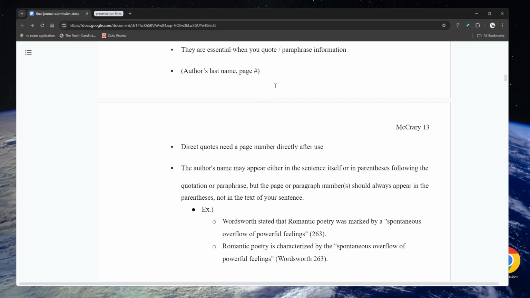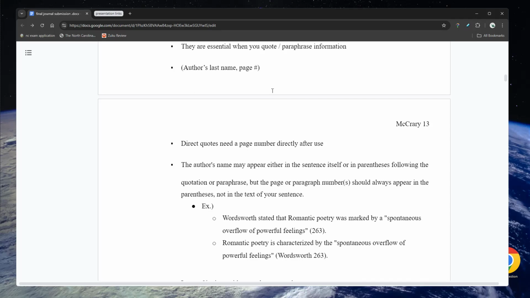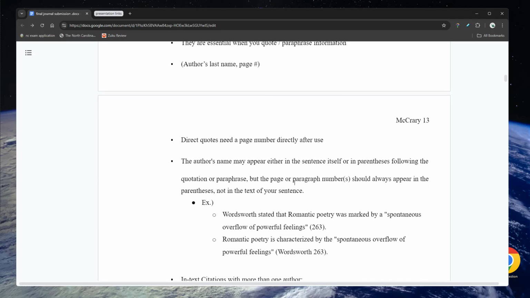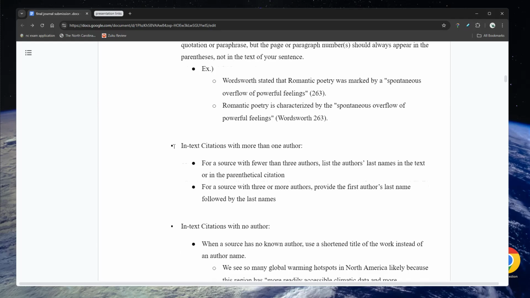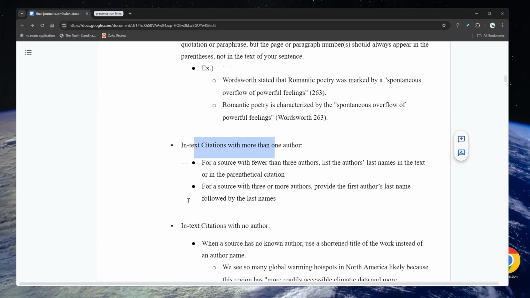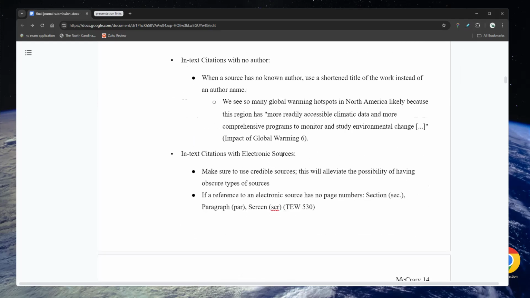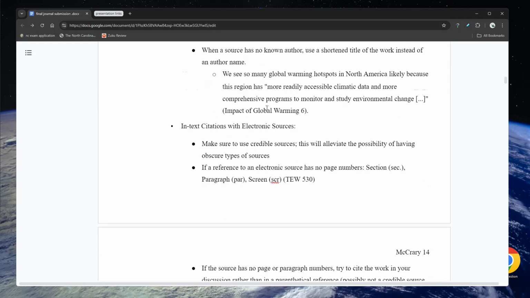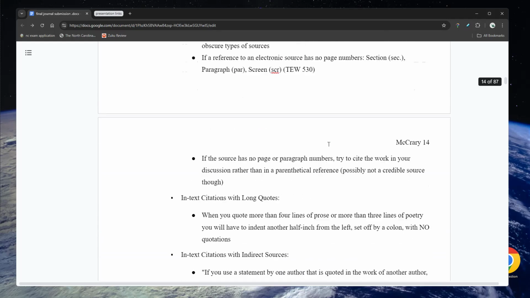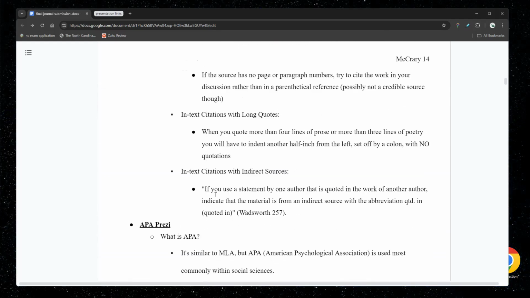So another thing is if you're able to identify where exactly in a book the quote has come from, like you're reading it and you can directly identify it, then you need to put the page number and the author's name with the direct quote as well. And then this goes into more in-text citations about a lot of authors, no authors, electronic sources, just again, how to use in-text citations for each of those. There's a lot of types of